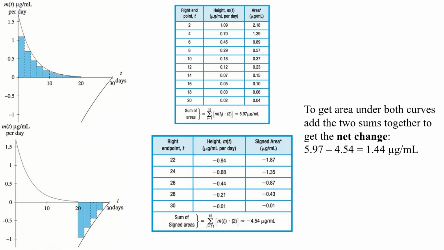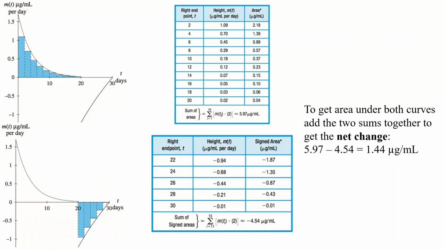Okay, and then we go to the next one, come over to our graph, and find all of those areas. Unfortunately, this one also has some negative areas, so we have to do 2 pieces. For the first part, we go from 0 to 1 and multiply that times, in this case, 1.09. And we're going by 2s this time, not by 1s: 2, 4, 6, 8, 10, and then 12, 14, 16, 18, 20, and then 22, 24, 26, 28, and then